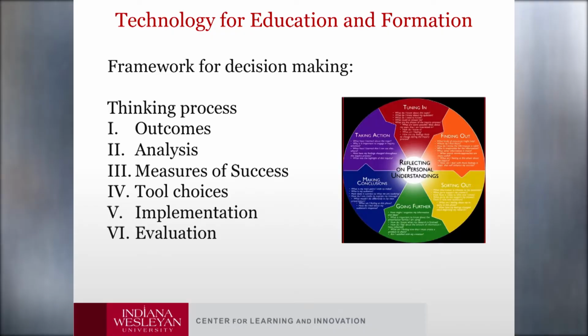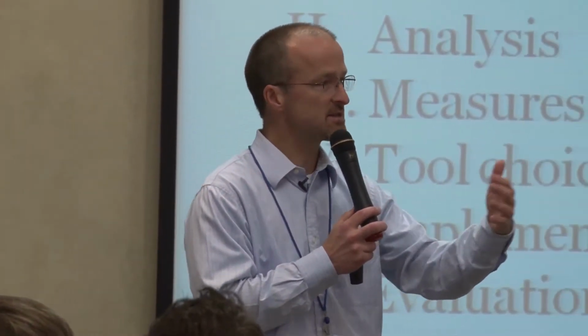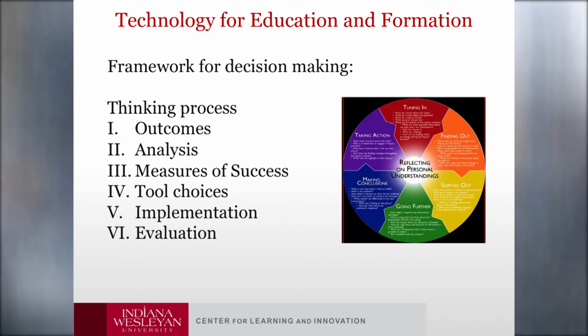Secondly, do some analysis about the tools that you might use, the people that have elements of that. It's interesting that some of us would say, well, I want to do this. Maybe it's an iOS app, an app for iPhones and iPads. But only 20% of the people in my church have an iPad. Well, that's probably a bad move, right? Those are the kinds of things we would want to look at in that analysis step: what's our environment? How many people of that age have that tool, et cetera, that might put pressure on that? Then, what does it look like if it's successful?